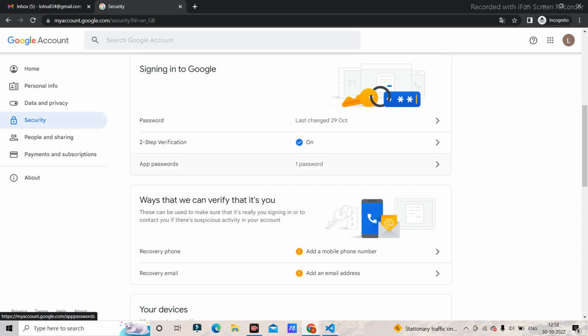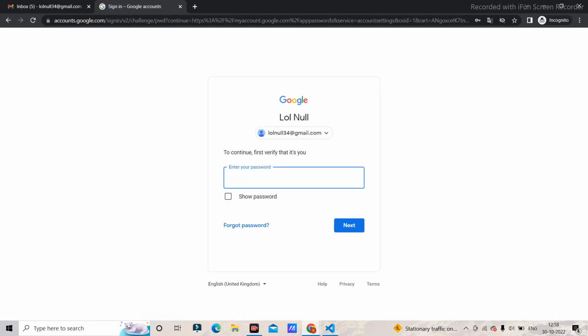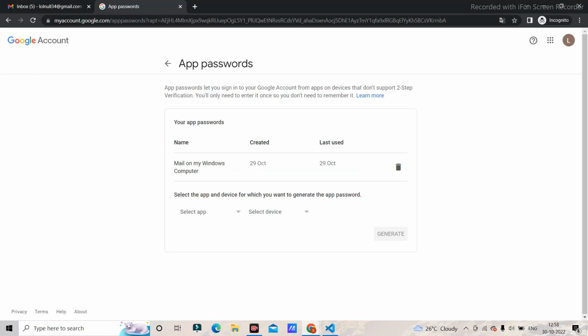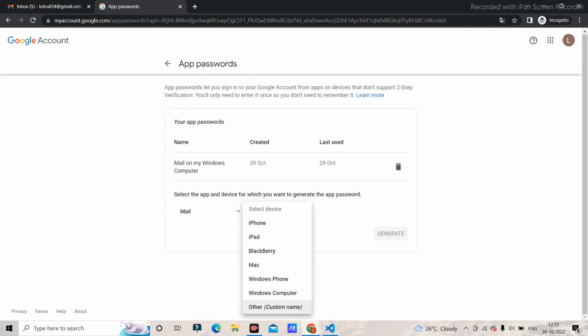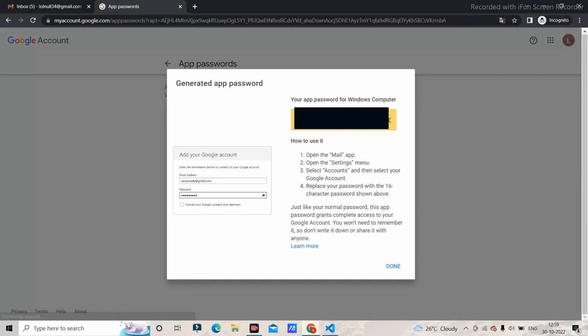Just click on this App passwords, and when you go into it, you have to log in here. After you log in, you will come up with the app password page, and you just have to select an app. I'm going to select this Mail app, and after that I have to select a device. I'm going to select Windows computer, and you have to generate it, and you will come up with this generated password. Just copy this particular password. And